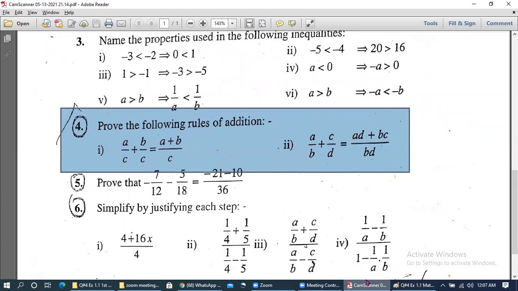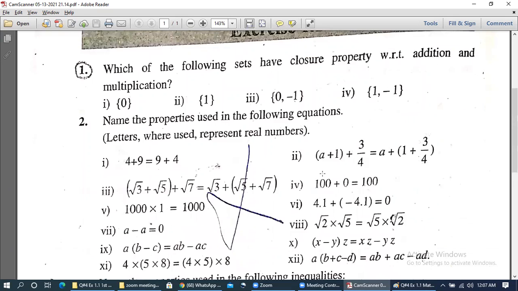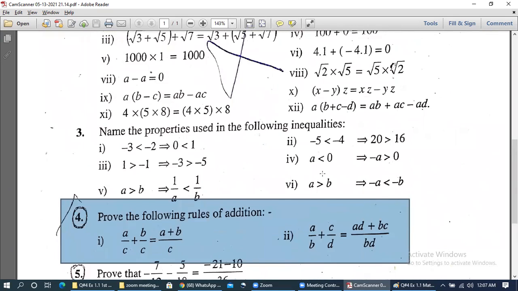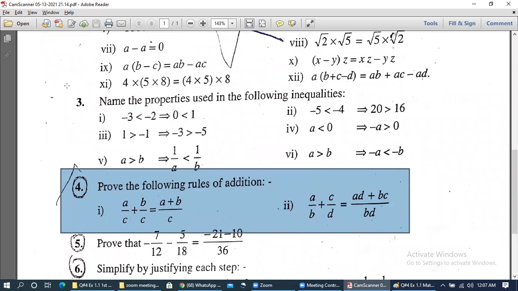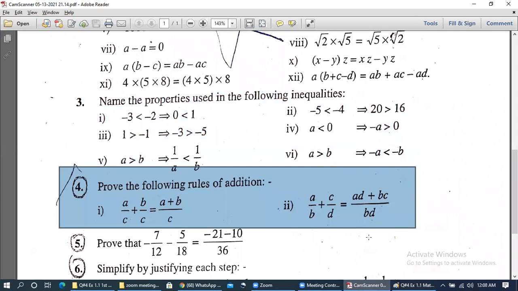Bismillahirrahmanirrahim. Now we have to solve question 4 of exercise 1.1, first year. Previous to it, we had solved question 3, which was related to the properties of the inequalities. And now in this lecture we'll be solving this question in which we have been asked